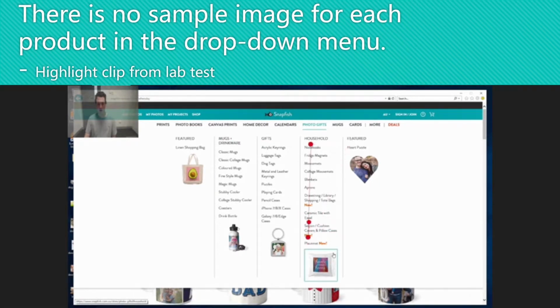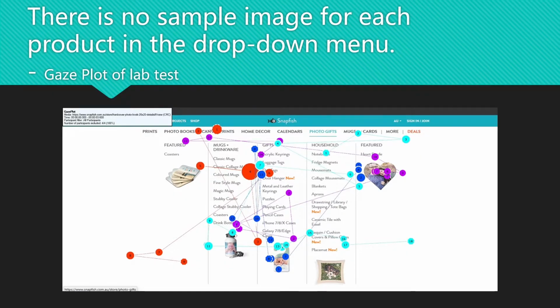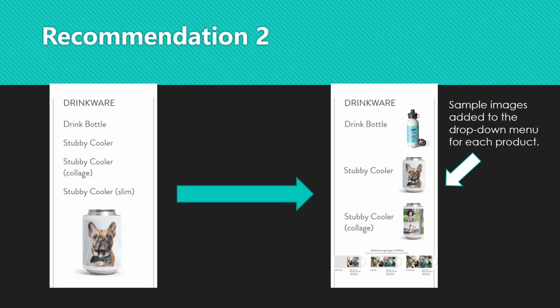As the video shows, he searched the household category randomly and then found the luggage tag in the gifts. Here is the gaze plot of all participants when they are searching for the products. As the gaze plot of finding one mentioned before, the chaotic sequence, many revisits, and small fixations show that the participants were randomly and inefficiently looking for the specific product. Therefore, it is recommended to add a small image near the product name to show the visualizations of the product